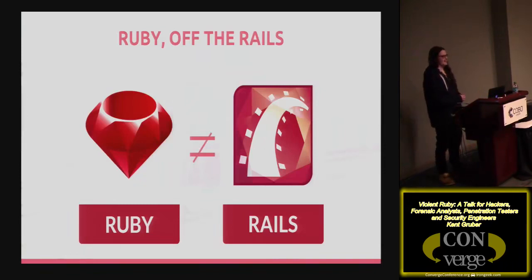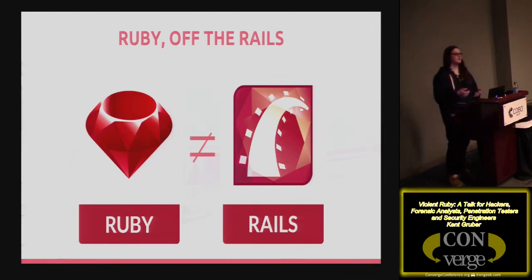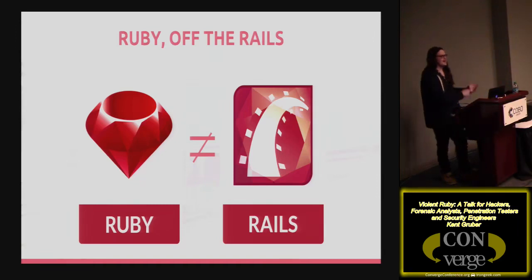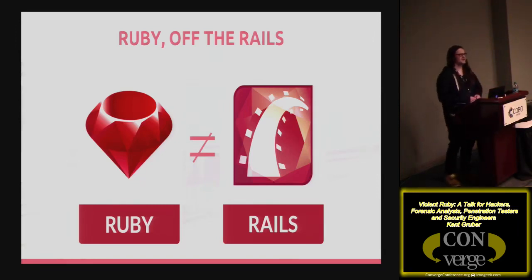If you've heard of Ruby, you've probably heard of Rails, because people usually say Python versus Ruby on Rails, and you're like, what? First off, if you didn't know, Rails is a web framework to build websites really rapidly. It's a convention over configuration sort of thing. It has a whole bunch of different methods and magic built into the framework in order to build a website really fast. Scaffolding, all sorts of magic, and you could be a startup really easily and build on Ruby on Rails. But you don't need to use Rails to use Ruby.